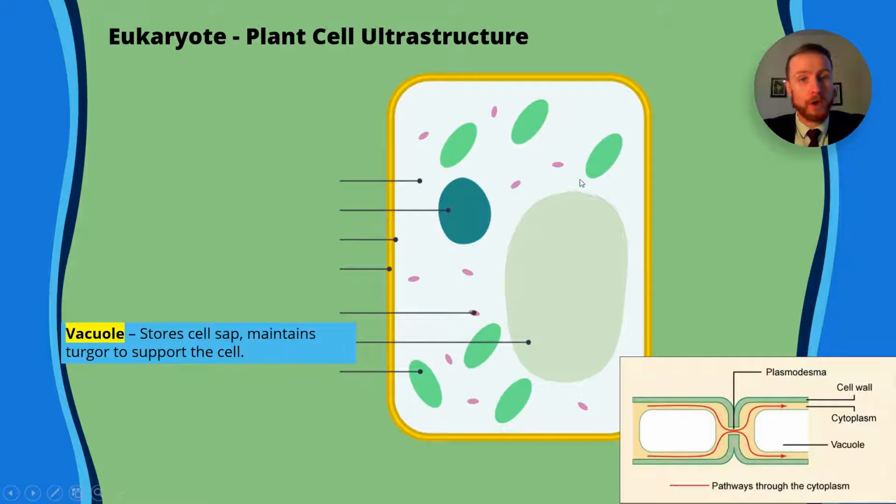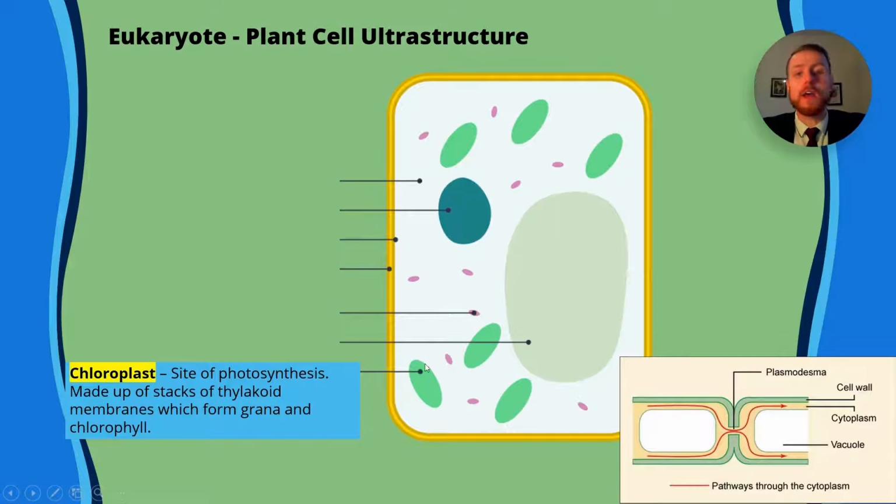The vacuole, this larger organelle here, this is a key difference between plant and animal cells, and it stores cell sap, as well as maintaining turgor, which is almost kind of like the shape, the pressure within the cell, to support the cell. Next of all, we have the chloroplast, which is the green-looking organelle here, and this is the